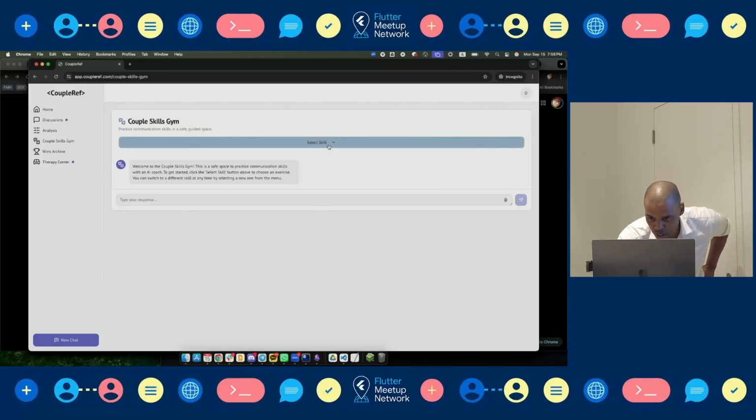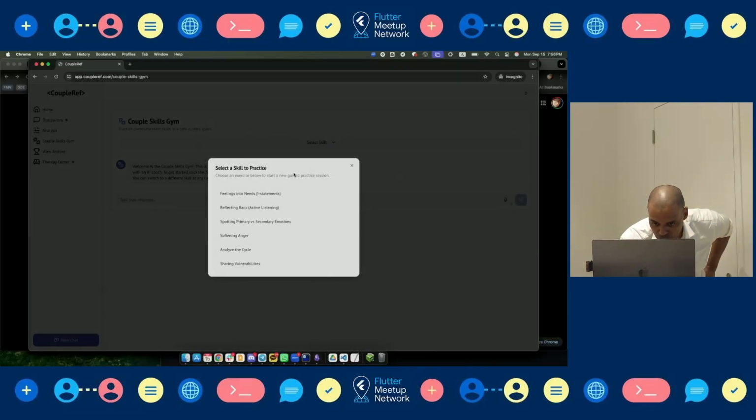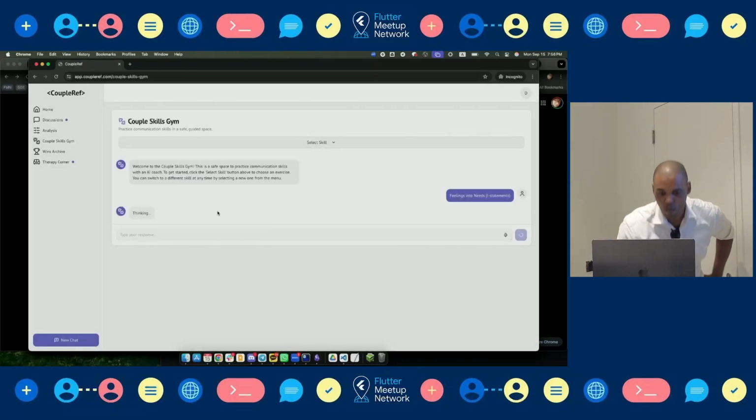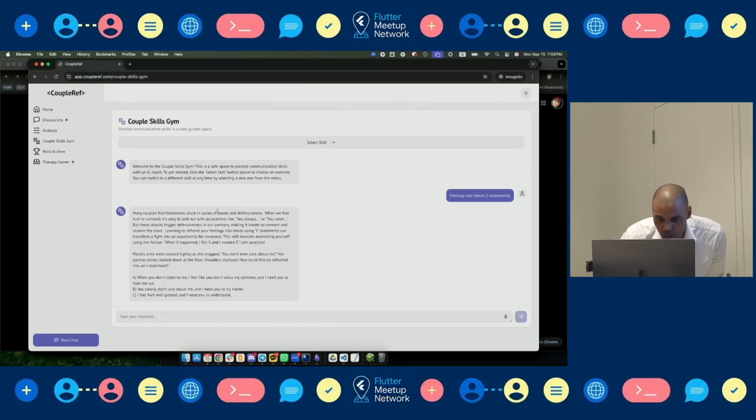So say I want to focus on a skill. Let's see, turning feelings into needs. All right. So Mary's arms are crossed tightly as she snapped, "You don't even care about me." Her partner James looked down at the floor, shoulders slumped.